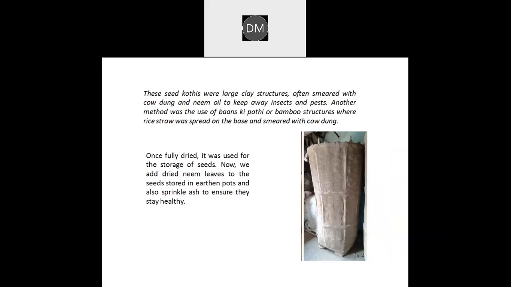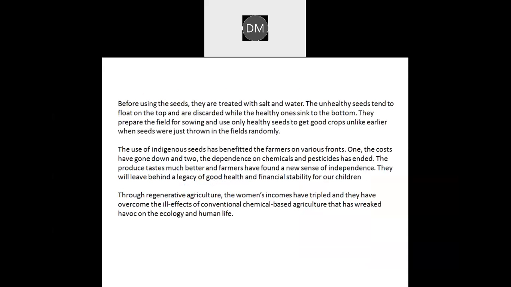Another method is the use of the vino poti or bamboo structure, whether it's strong or spread in the base with cow dung. पूरा उसको जो मिट्टी और काउ डंग से कवर करते हैं, ड्राई करते हैं।